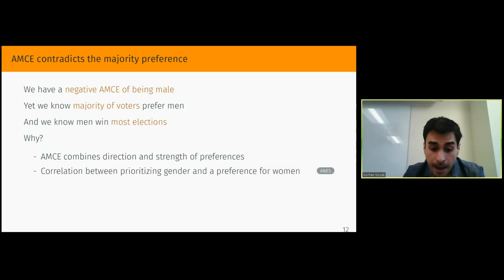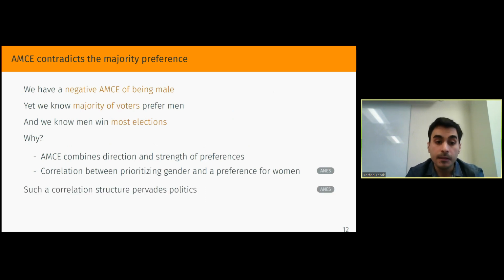And this happened because I constructed this example in such a way that there is perfect correlation between prioritizing gender and having a preference for women. Those voters who prefer women care more intensely about gender, whereas those who prefer men don't care about gender that much. And even though this is a very extreme example, such a correlation between preference direction and intensity can be seen from the ANES surveys when this precise question is asked. Moreover, it's not just gender, such a correlation between having a certain preference and caring more intensely about this thing is